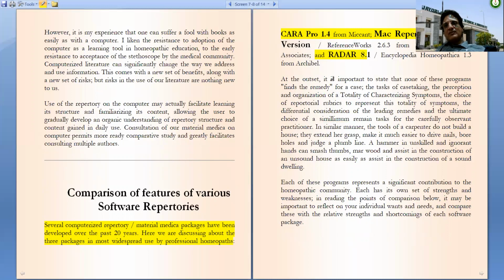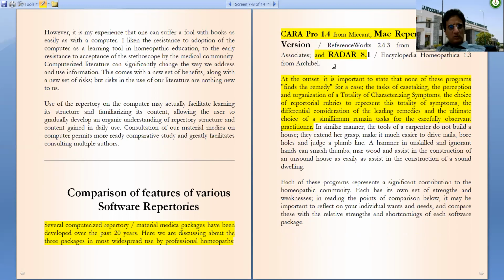At the onset, it is important to state that none of these programs finds the remedy for a case. The task of case taking, the perception and organization of the totality of characterizing symptoms, the choice of repertorial rubrics to represent this totality of symptoms, the differential consideration of the leading remedies, and the ultimate choice of simillimum, they all remain the task of the carefully observant practitioner. It is just a tool.